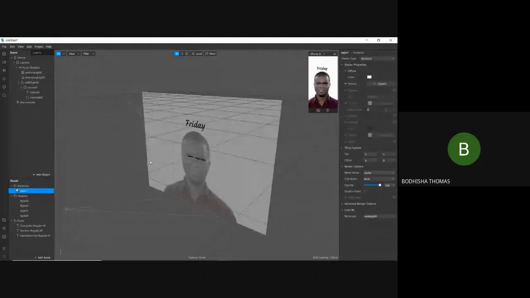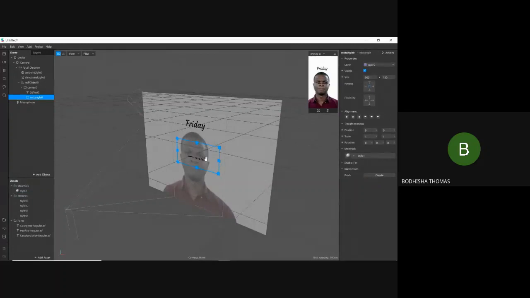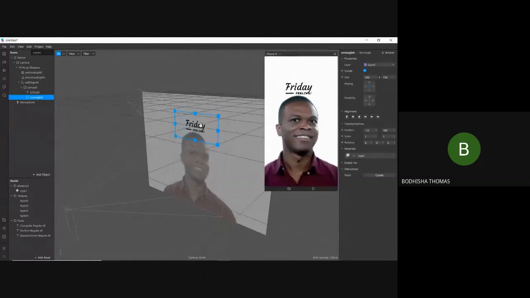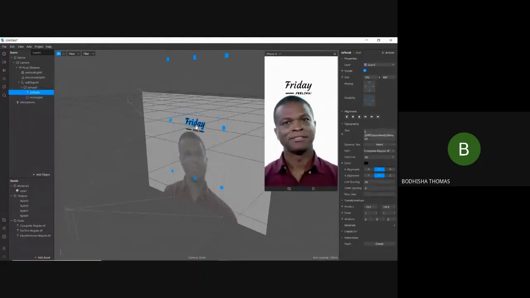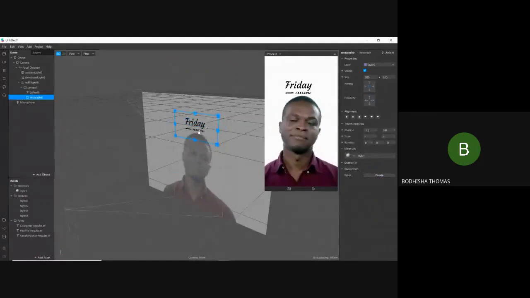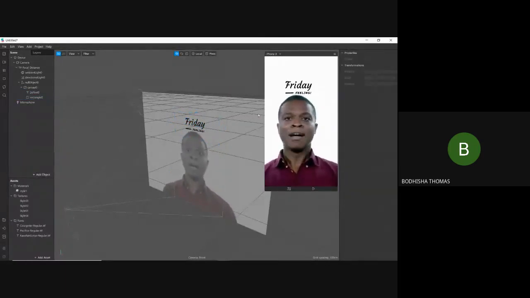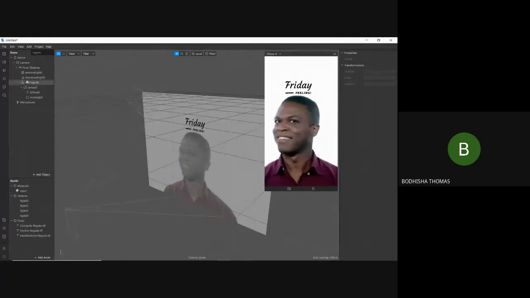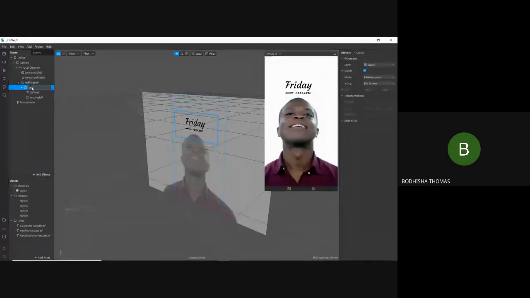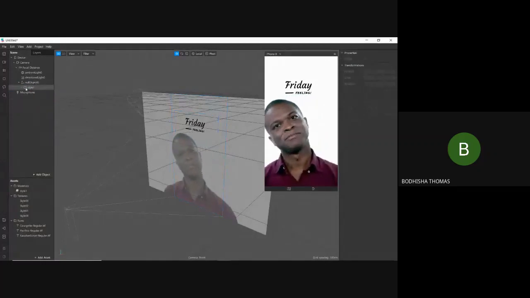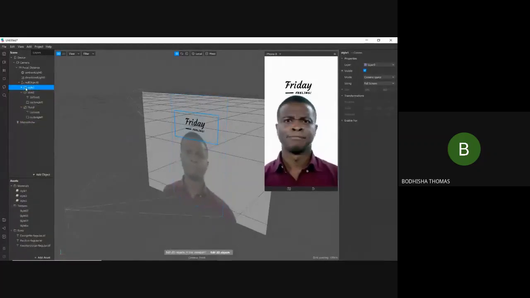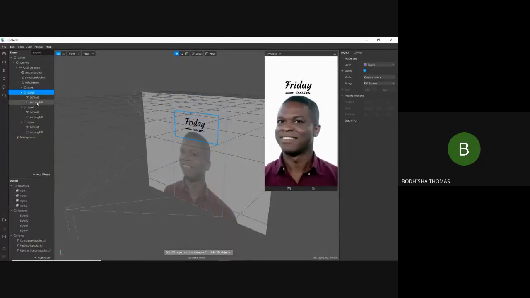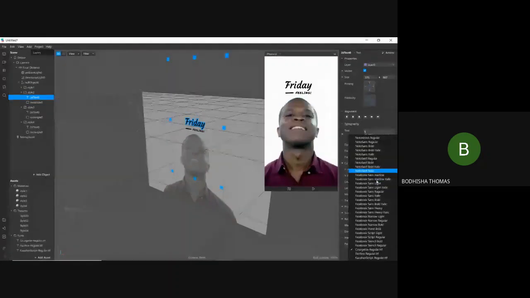So we have this style imported. We can change the position to enlarge this one. You can change the position. Okay, now it's good. So we have this style 1 style. So we'll change the name to style 1. What we are going to do is just copy paste the style to 4 styles because we have 4 different styles. So we can change the font to another font.